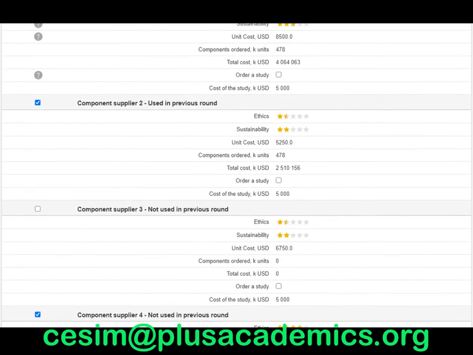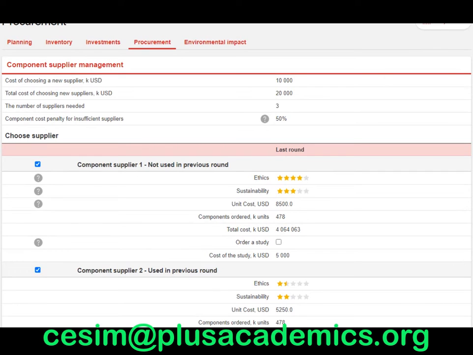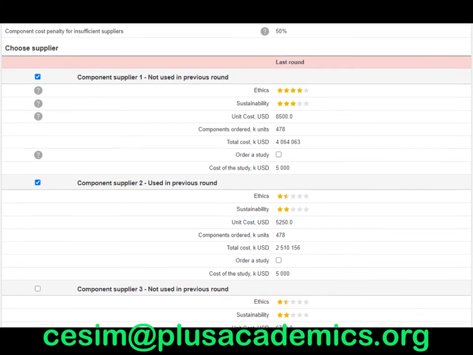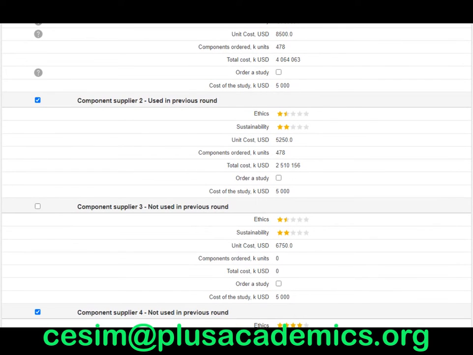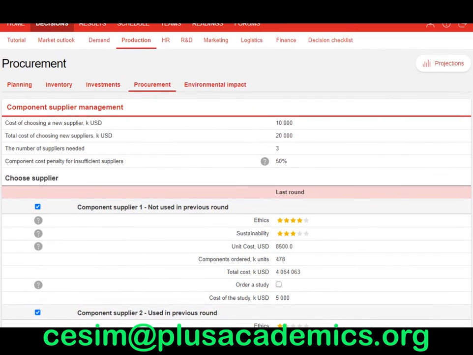So for procurement, we considered mixing companies with the lowest sustainability and ethics values and those with the highest, and this will help us to maintain an above average sustainability and those features that are affected by sustainability. Also mixing them ensures that we get all the components that we need, and also it helps us to avoid penalty,